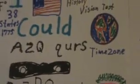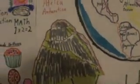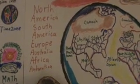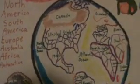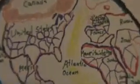But I've got the world right here, so far as world cultures, along with the vision test. Of course with the weather, what I'll include right here is the world map, where you have the mountains right here, and then along here you have the 7 continents along the different parts of the maps of the world. You have North America, South America, and then Mexico,